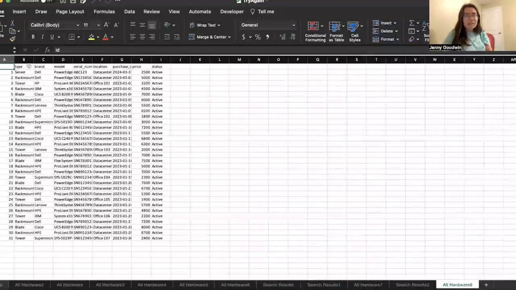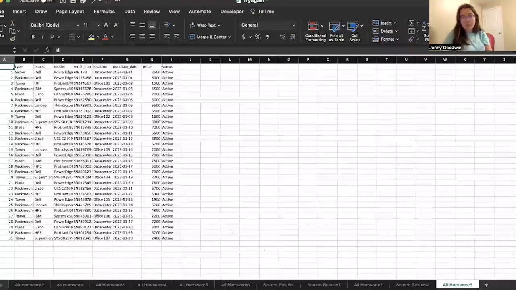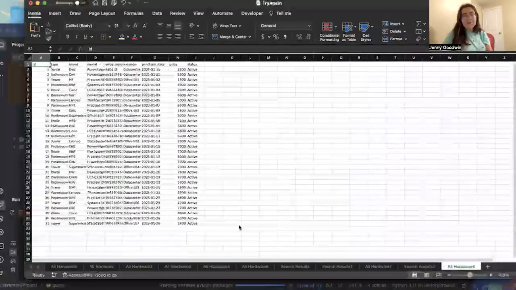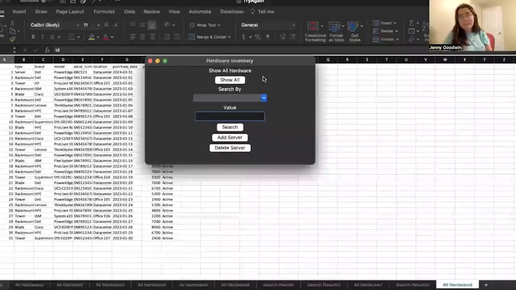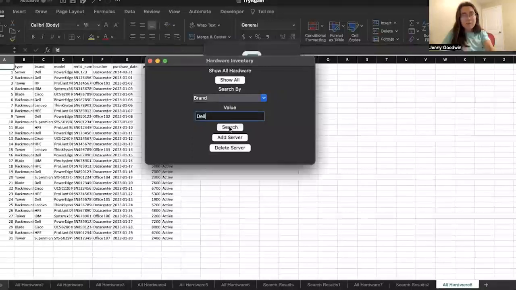So we've got the ID, type, the brand, the model, serial number, location, the purchase price, status, and the purchase date. So that's all great to see. They're all servers, they're all just hanging out. Now though, let's get back to my GUI. So let's search. I see we have a lot of Dells in here. We can search by brand and we can search by Dell. And then we're gonna hit search. And when we do that,